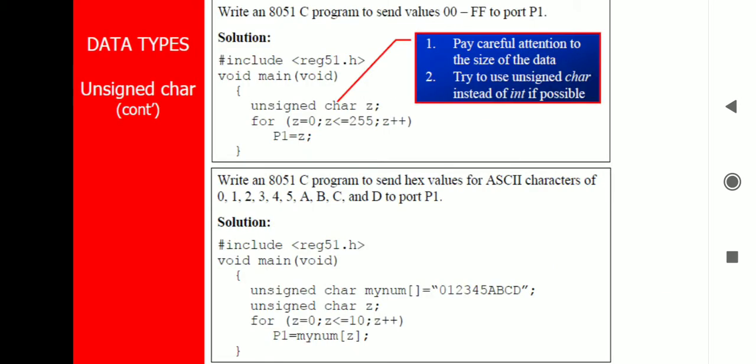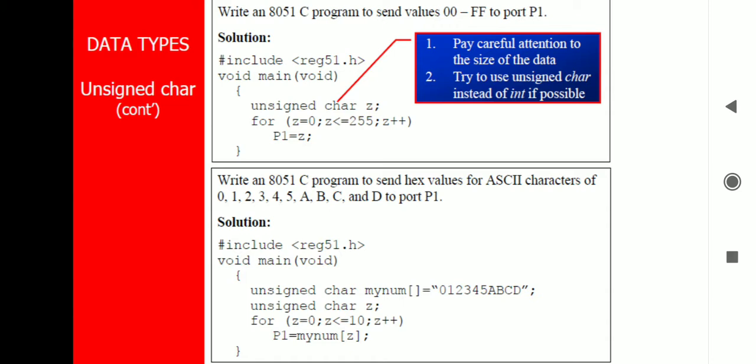Here we have some programs. In the first program, write an 8051 C program to send values 00 to FF to port number 1. Here we see the unsigned character Z. Pay careful attention to the size of the data and try to use unsigned character instead of integer if possible.